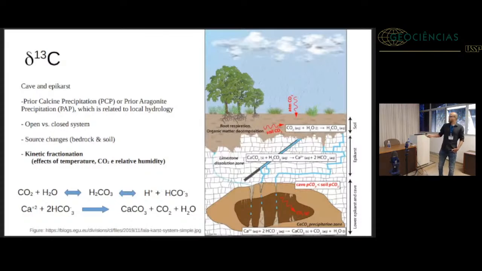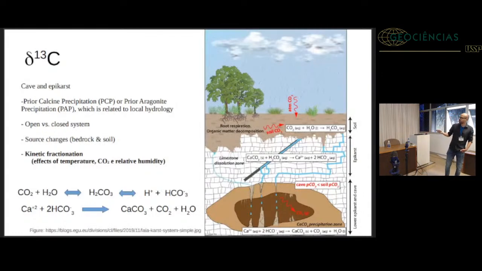If you force your reaction, like if you force the CO2 degassing, or if you have a strong evaporation, this also forces the precipitation of your stalagmite. If you are forcing this, you are increasing this kinetic effect. Basically, you are precipitating calcite in disequilibrium. If you are precipitating calcite in disequilibrium, probably your isotope values, both from carbon and oxygen, will be quite higher, because the equilibrium effect will affect the carbon and the oxygen more or less the same way. Okay? So considering we have all these effects going together all the time in your speleothems, in your cave,